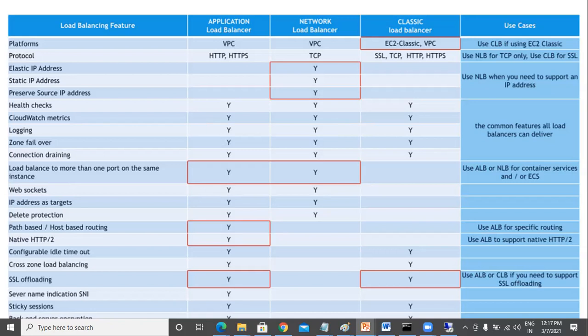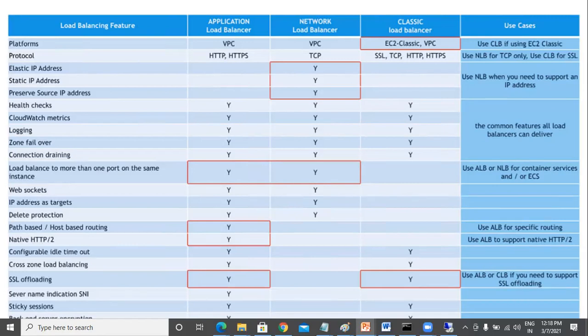So like this, these all three are the three different load balancers. All three have different features and functionalities. It all depends on use case to use case, where you need to use application load balancer, where you need to use a different load balancer. So it all depends on the use cases.